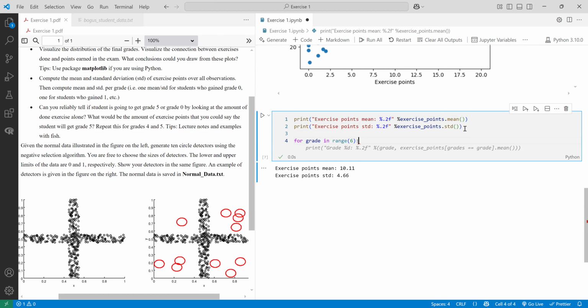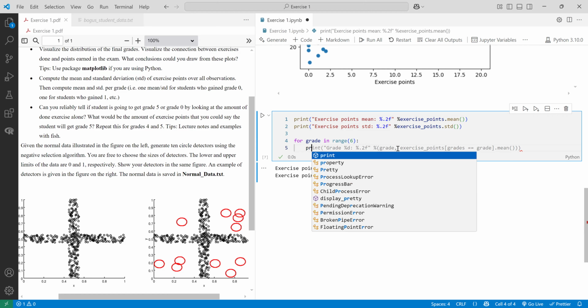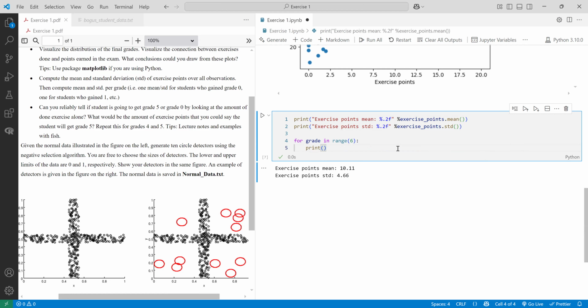And we want to iterate from grade 0 to grade 5. So we print, first we print the grade, exercise points,